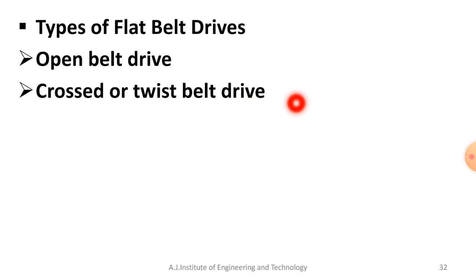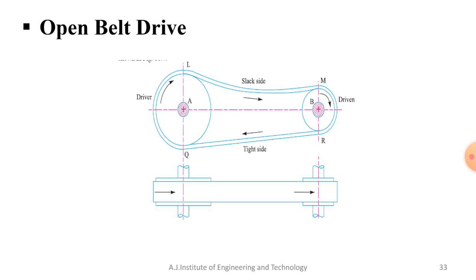That is the first one, open belt drive. All of you look here. This is the belt drive, and this is called open belt drive. You can see whatever circular element here, that is called pulley. This is the bigger pulley, and here you can see the smaller pulley. Here you can see A and B. A and B are nothing but two shafts. We have to transmit the power from this shaft to this shaft.